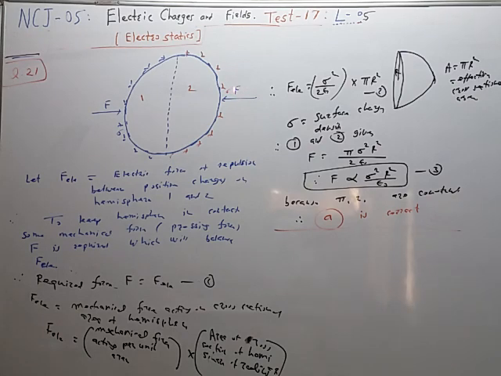the force F. So this force is the mechanical force required to keep the two spheres in contact with each other, and therefore this force is equal to the force of repulsion between the two spheres. So F is equal to F electric. This is the basic equation. Now this electric force of repulsion between the two spheres is given by this mechanical force acting per unit area multiplied by the area of cross section of the hemisphere of radius r.